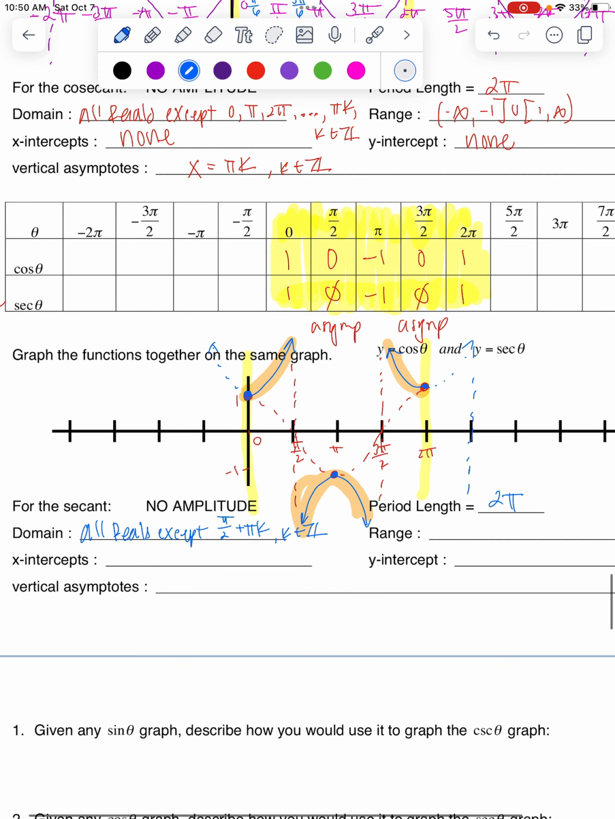Again, our range, now we are only focusing on this highlighted portion, which is our new secant graph. Our range, we're still going to go down all the way to negative infinity, and we're going to have our maximum value of -1. And then it's going to pick up again at 1 and go all the way to infinity. Again, we have no x-intercepts,